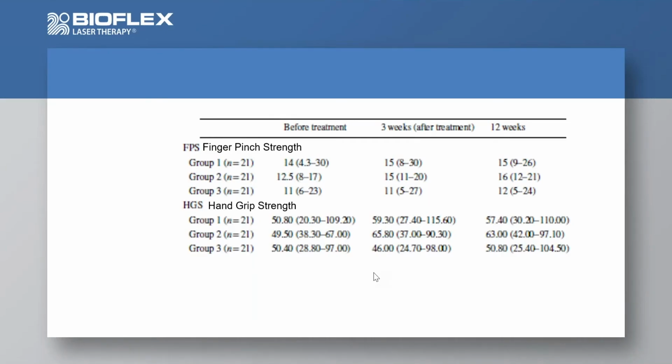I'm not going to go over everything, but I do want to mention the motor testing. So if you look at that, you can see the baseline finger pinch strength, and you can see a slight improvement over 3 weeks and over 12 weeks of treatment. And then the hand grip, similarly, you can see,